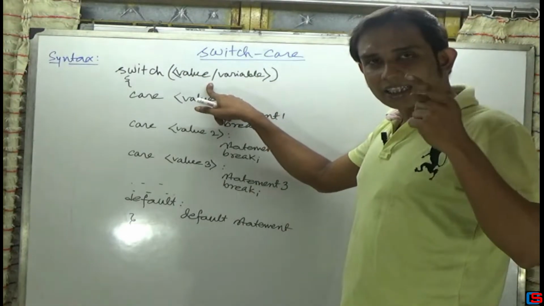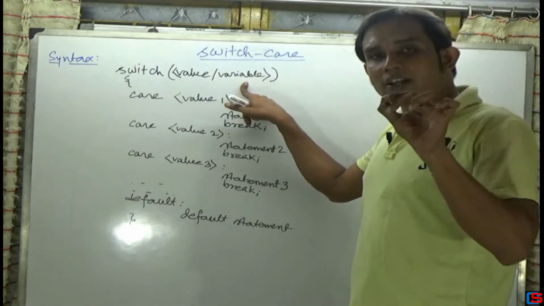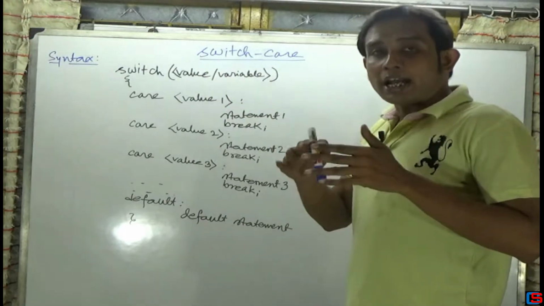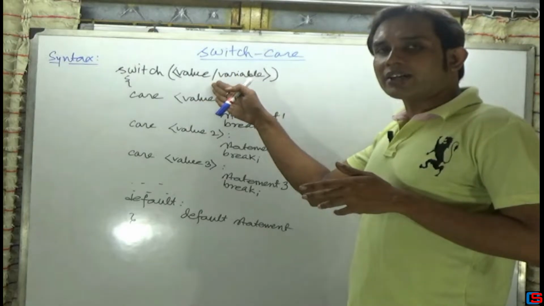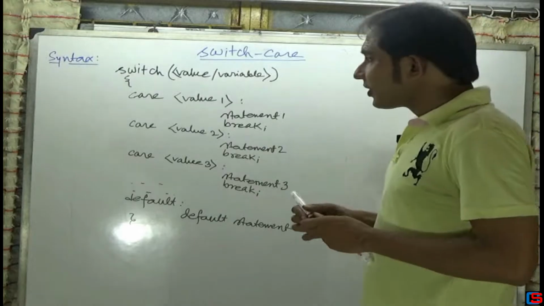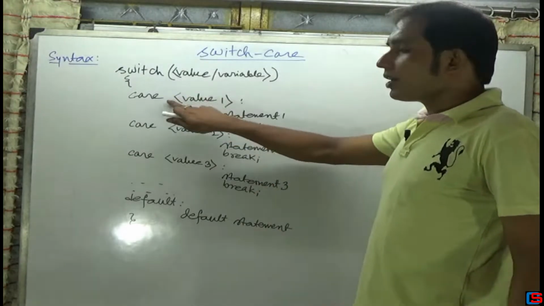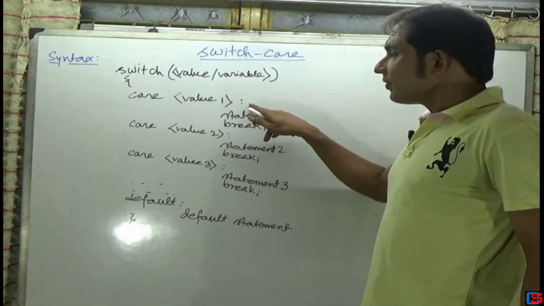You can put the value here directly, or you can write down the variable name in which the value is being stored and which is going to be checked. So either you can write the direct value or the variable name. And then after opening the brace, you have to write the case and then give a space and then the value 1 and then give the colon,